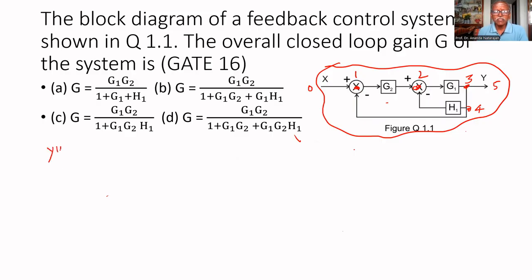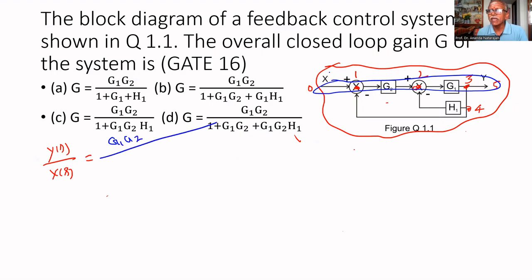That is Y(s) divided by X(s) equals, in the numerator, the forward path gain. What is the forward path? The forward path is, this is the forward path. This is the forward path. Therefore, G1 G2, divided by 1 minus